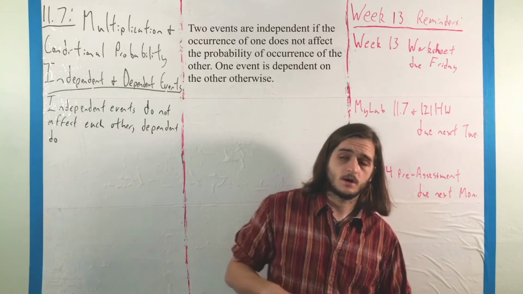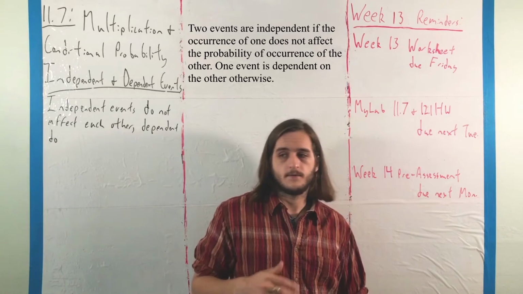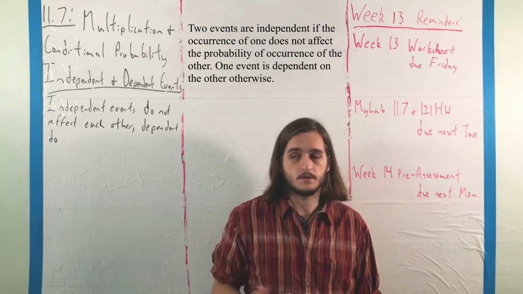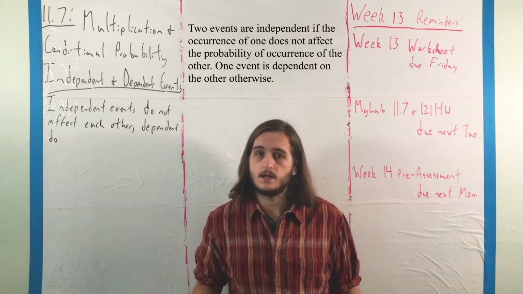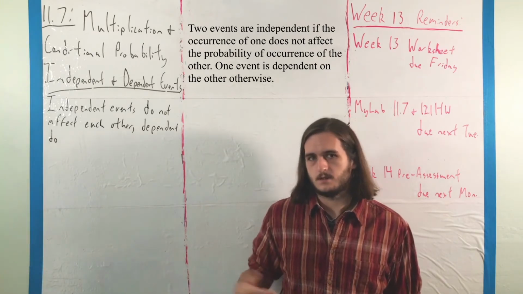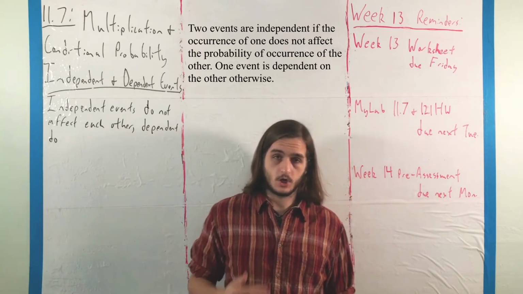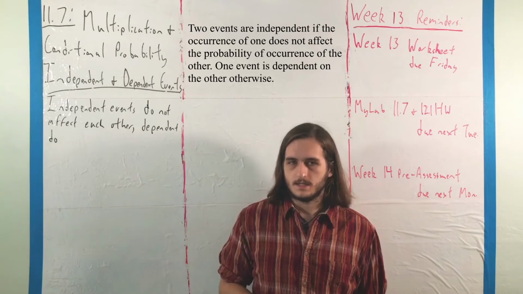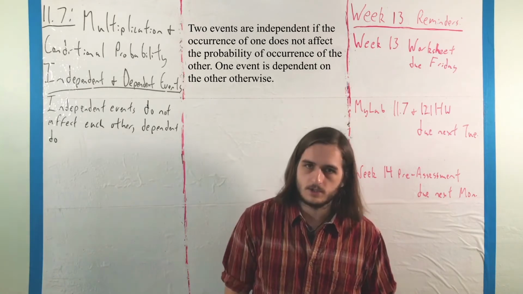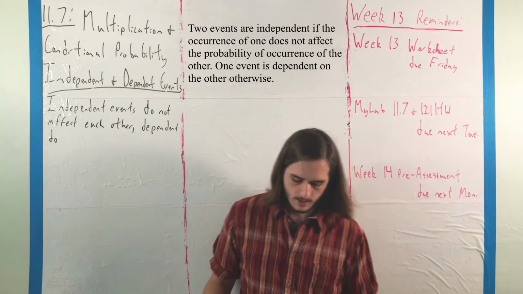We say two events are independent if one does not affect or change the probability of the other in any way, and we say two events are dependent if one does affect a change on another, given that it has occurred. That leads to something else called conditional probability, but we're going to see that later on in the section. For now, let's just think of a couple of quick examples to get the idea with this notation,